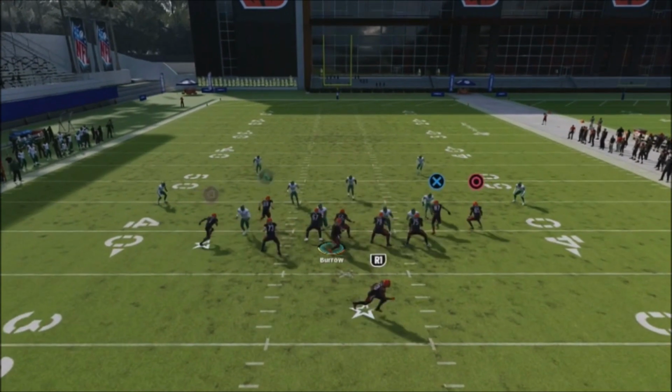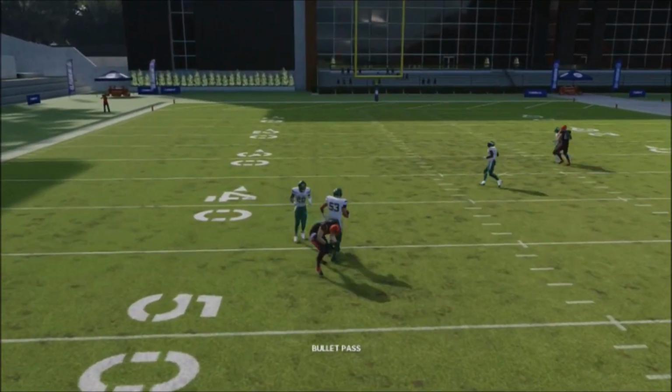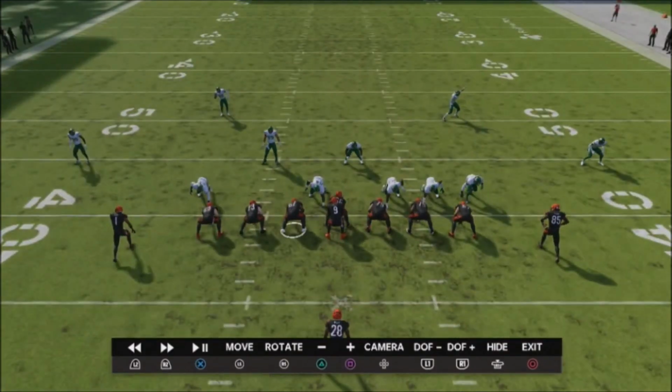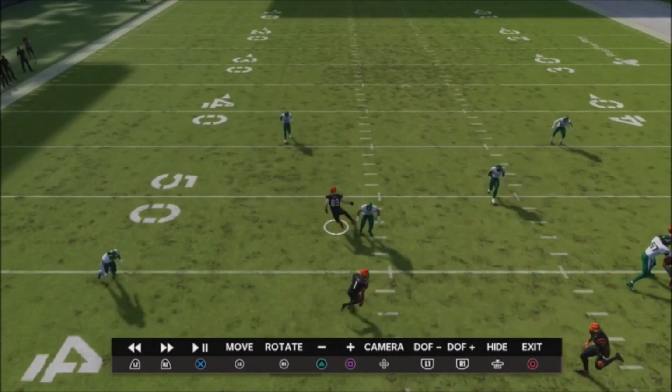Back to the seam route. Obviously, that's where you can get picked off. Against cover 2, the coverages will actually fall into that. And as I throw this into my scheme, I'll find that if I don't make my reads correctly,